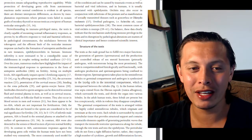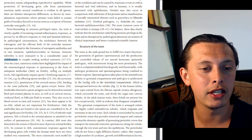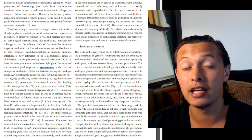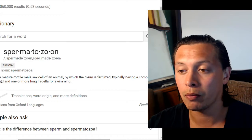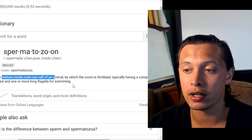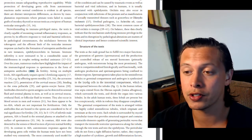Anyways, immune infertility is now estimated to be a considerable cause of childlessness in couples seeking medical assistance. Over the years, numerous studies have highlighted the impact of the immunological response to spermatozoa, which are one of the not yet completely matured but close to matured sperm, in the form of anti-sperm antibodies on fertility. Let me just make sure I have that right as well. Oh, nope, I was wrong. So it is the absolutely mature motile sex cell of animals. So it is explicitly when it is completely mature. So anyways, in the form of anti-sperm antibodies or ASAs, and they refer to ASA multiple times in this paper